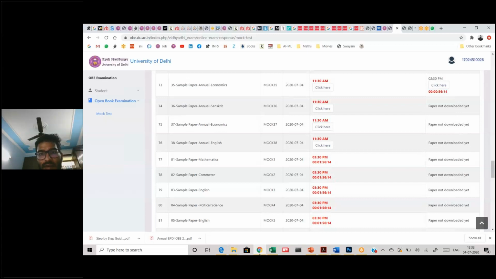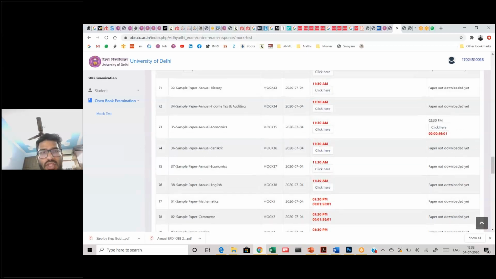So for the 3:30 examination, you need to log in at least half an hour before. So you have a counter clock going on. This counter clock is telling you how much time is left for the paper to start. And then once you have started the paper, once you have downloaded the paper, then you have a timer starting for 3 hours. So this paper, you know that this paper will stop at 2:30. So at 2:30 that's the last time at which you can upload your answers. So that counter clock is also running here.